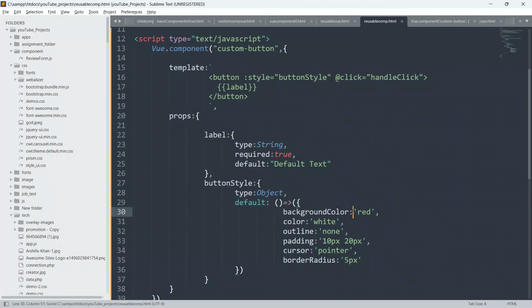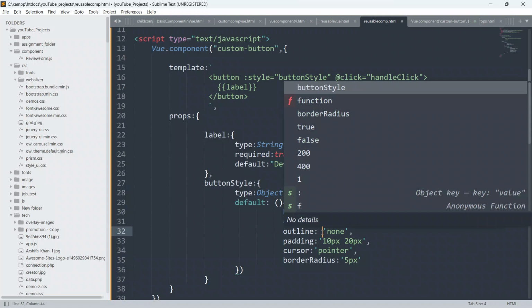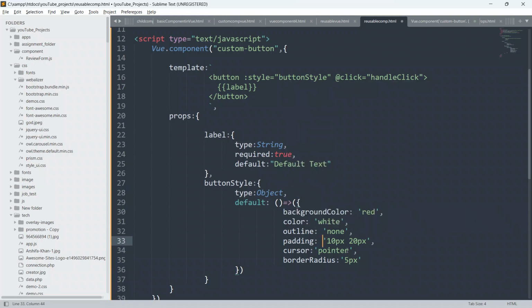So guys, I hope you know how to write CSS properties in JavaScript.